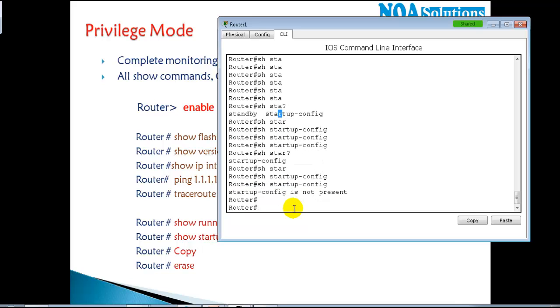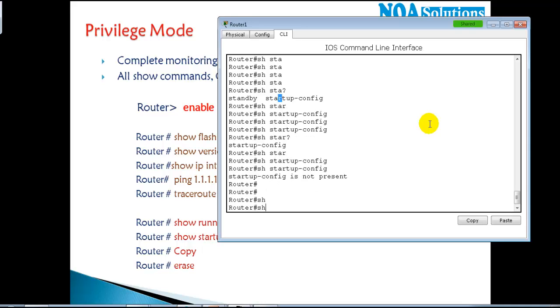So that's a good thing about the Cisco IOS, and most of the time when I do configurations, I use the tab button to auto complete the commands. I don't prefer to type the complete command, I always prefer to auto complete using tab. And apart from that, the third good thing about the Cisco IOS is that we can also use some shortcuts. Let's take an example. You want to type show, you don't need to type the complete show, or the complete tab.